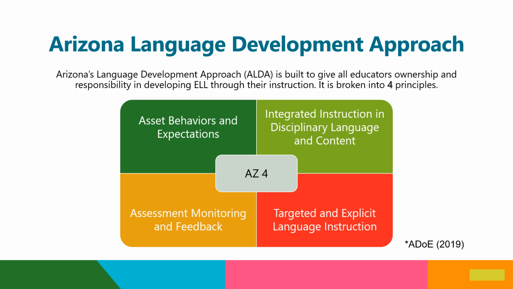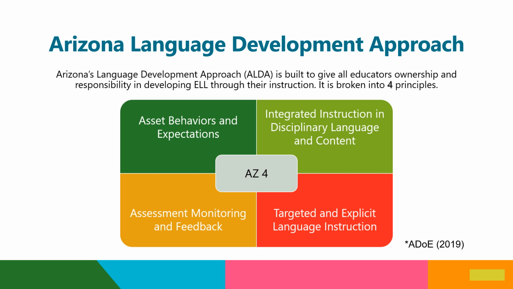This approach creates a scaffolded teaching dynamic that takes each student's needs and modifies it to their level of comprehension, all the while keeping them in the classroom to allow for that structured immersion. Further examples of each category in the diagram are as such. Asset behaviors, creating community, and allowing for students to show mastery and helping students find their zone of proximal development.